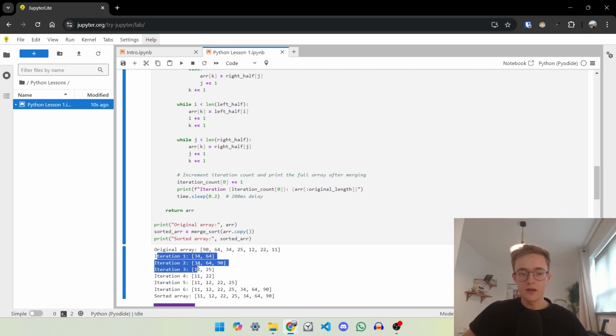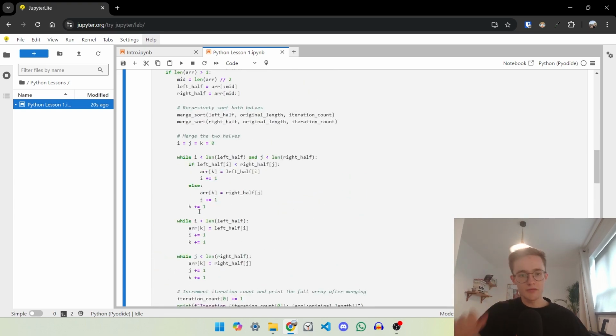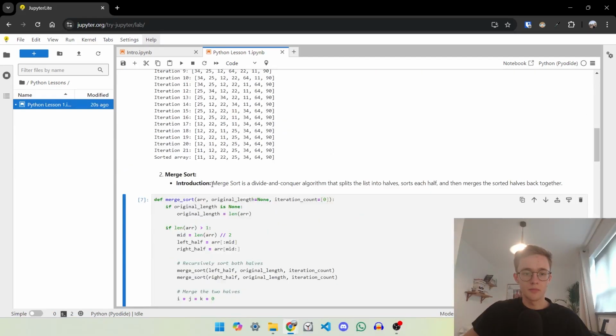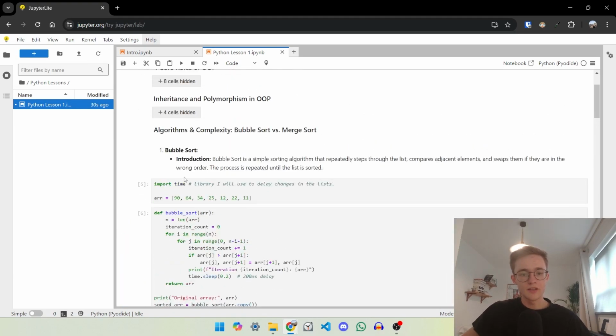As you can see here, this probably would take less time since it has fewer iterations, and generally, from my understanding, the code also takes less computing time. So now that we've established that there's a difference between these two different sorting methods, let's try to understand what they actually were. So bubble sort